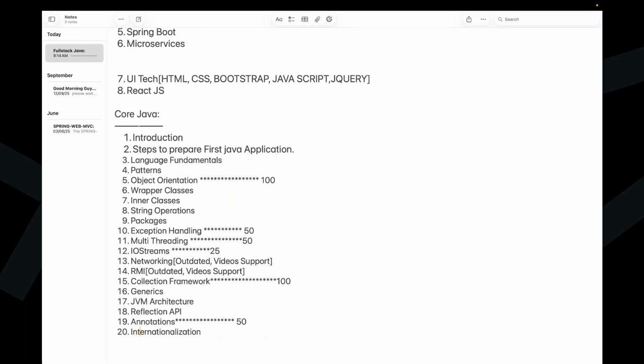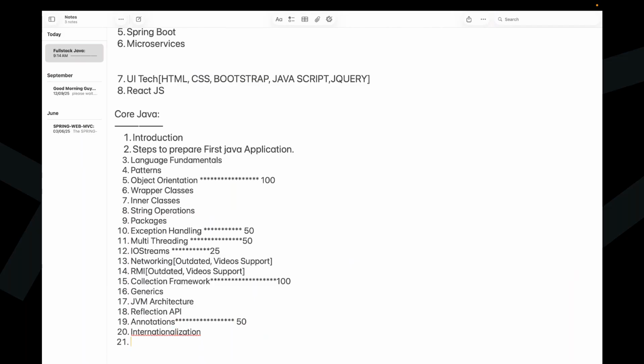Internationalization in the sense of preparing Java programs with respect to the local users. That is called internationalization. Right, sir. So how are we going to represent dates as per a locale? How are we going to represent numbers as per the locale? That we are going to understand. Effective details we are going to understand here. After completion of this particular content,